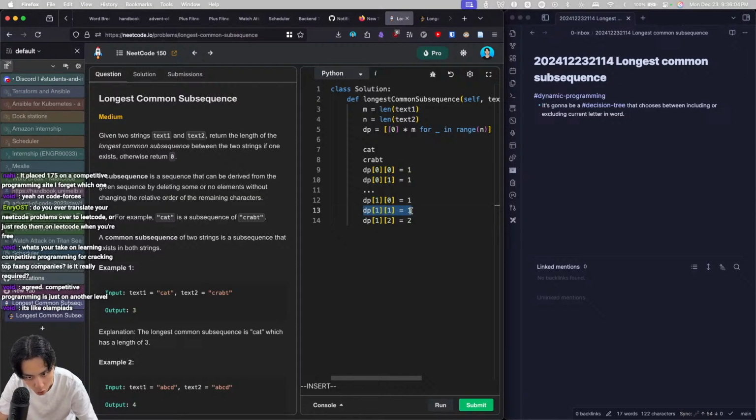DP of 1 on 1 is CR and CA, that's still 1. But how would you use a previous value to find that it is fine? So then if you go DP 1, 2, you have CA and CRA. Well, since CA and CR